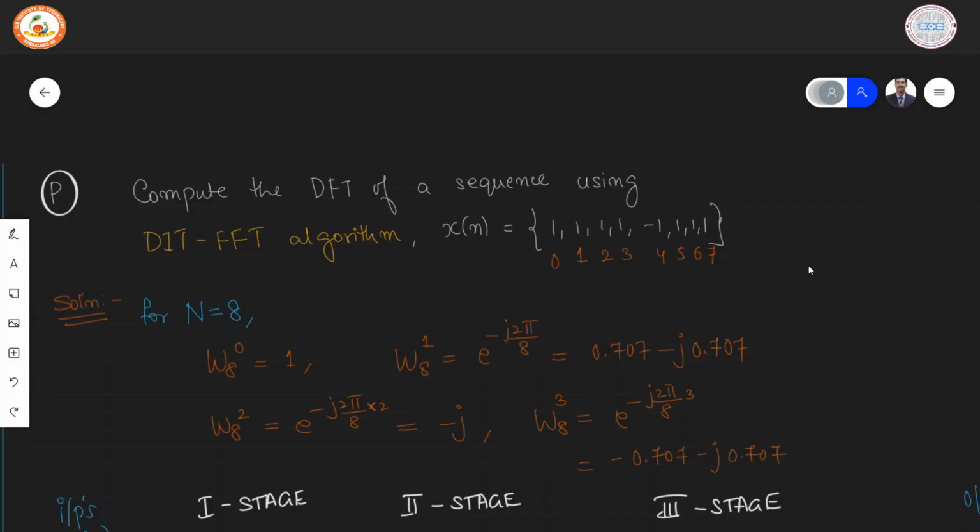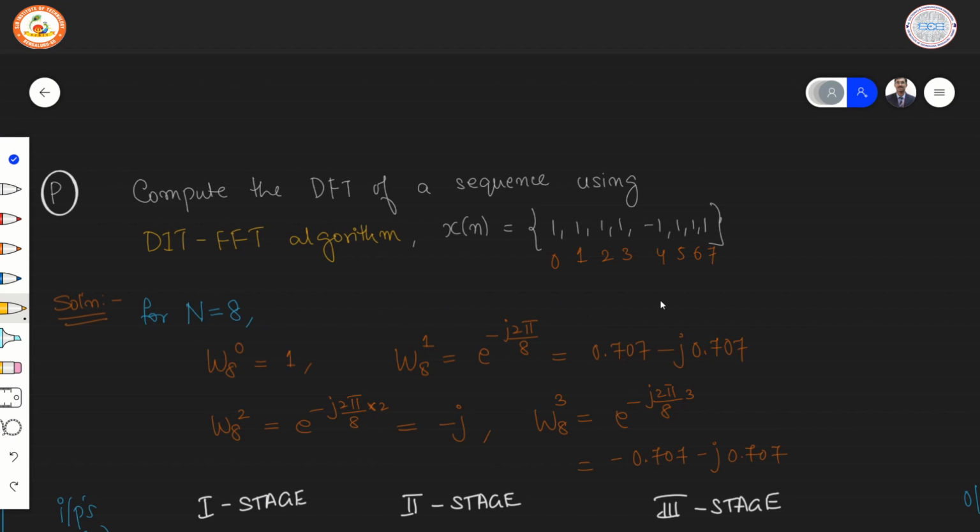Let us compute the DFT of a given sequence x of n using the decimation in time FFT algorithm. The sequence has the values 1, 1, 1, 1, minus 1, 1, 1, 1. It's a good practice to number the index of the respective inputs. Either you can write out the values separately,